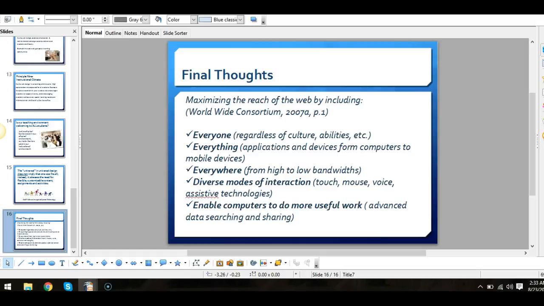Accessibility should be found everywhere from high to low bandwidth. Accessibility should include diverse modes of interaction, such as touch, voice. There should be assistive technologies included. And accessibility and universal design should enable computers to do more useful work, such as advanced data searching and sharing. Finally,